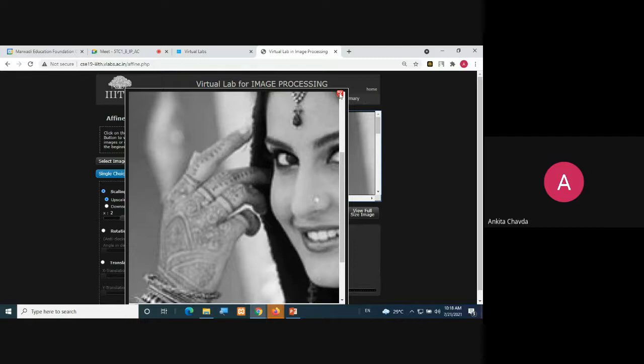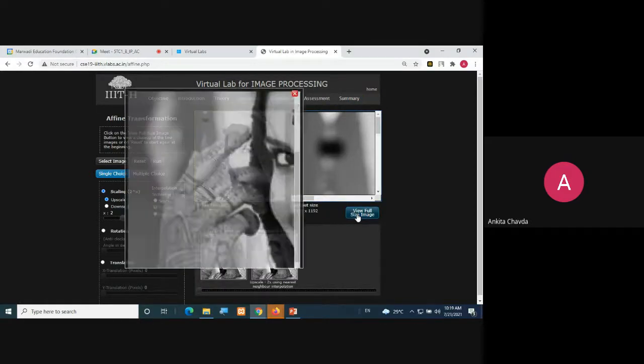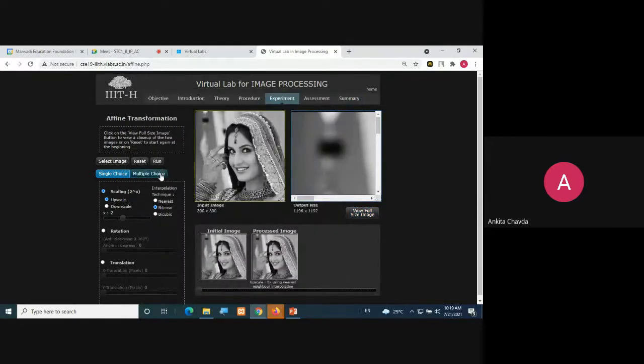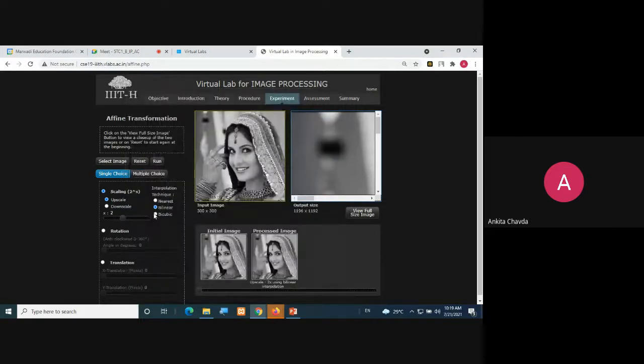Now you can check the same thing with bilinear. Have you seen this difference? Then again you can choose bicubic, which would be much better than that.